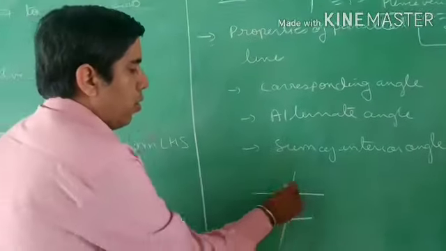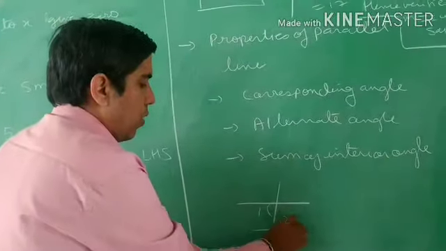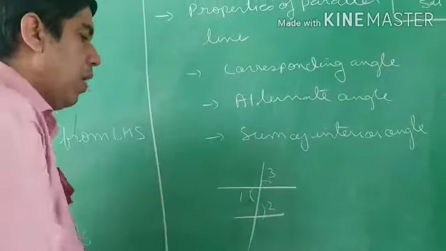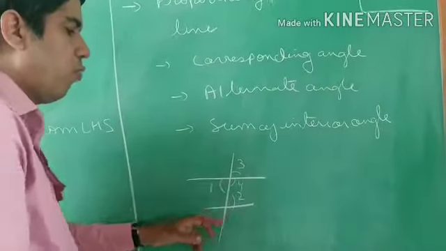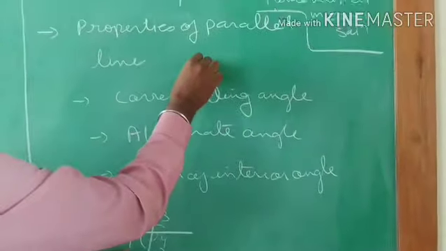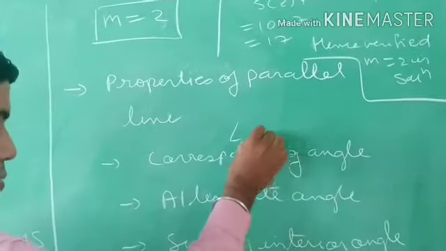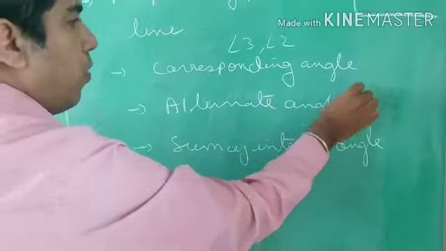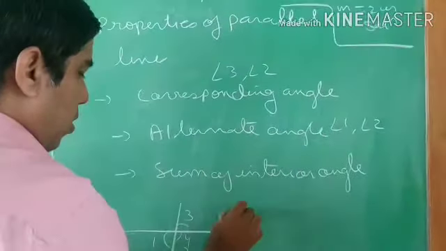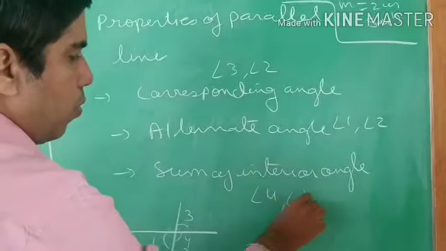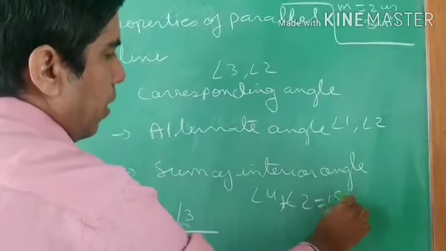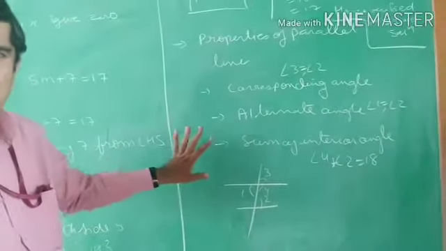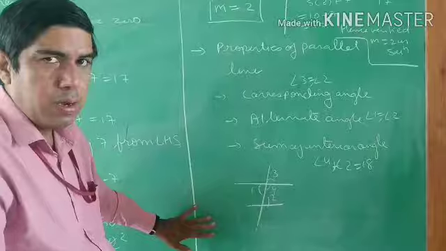You can see here alternate angles are like this, angle 1 and angle 2. And if I draw here angle 3, so angle 2 and 3 are corresponding angles. And if I write here angle 4, so 2 plus 4. So please mention here, suppose you want to remember, angle 1, alternate angle, now angle 3, angle 2. Here alternate angles are angle 1 and angle 2. And here sum of two interior angles, angle 4 and angle 2, sum is 180. Here they are equal, here they are equal. Try to revise in short all the types of problems.